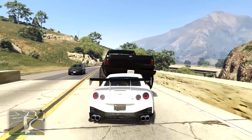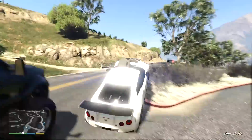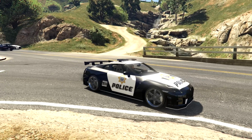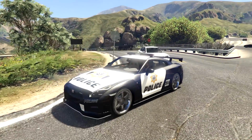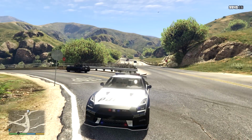Yeah, that was terrible. Right, let's spawn in the police car version then and find somewhere new to... Whoa! That was good timing. Ouch. And here is the police version. It's pretty similar to the one we already had, but it's just got a bunch of police stuff all around it. And, of course, if we just jump back out here and I hit this button...